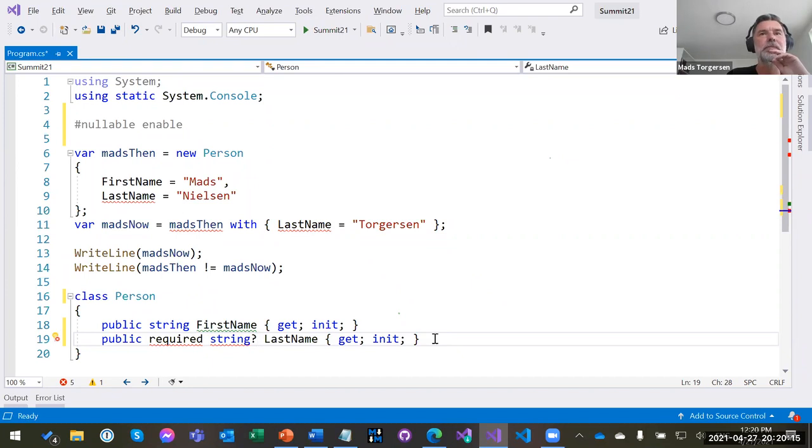Thanks. Sorry, Matt. This record and the required keyword, can it be used in Entity Framework and Entity Core? Because this all looks like database as well. Yeah, I can't give you the full story on that. I know that the EF team have looked at records and whether to special case them in various ways. We didn't actually intend for records to be recognizable in metadata. We just thought of them as a shorthand for writing a class that would have taken a lot more lines of code to write manually. But they were actually interested in recognizing them reflectively.